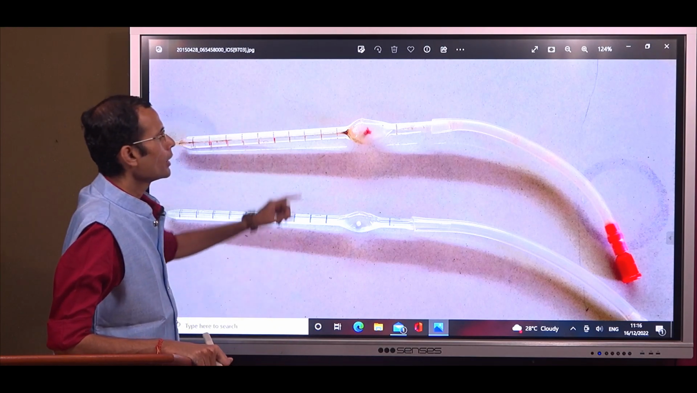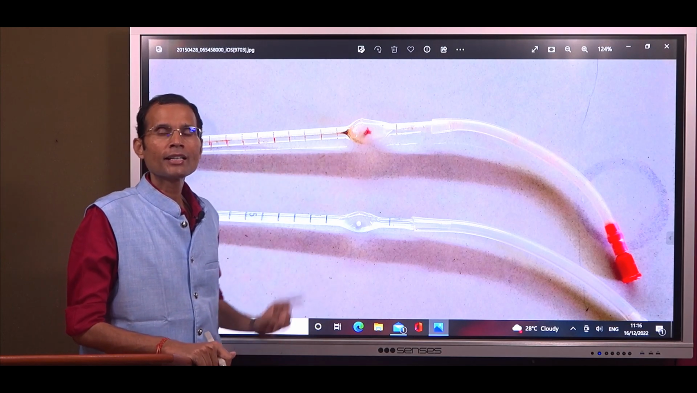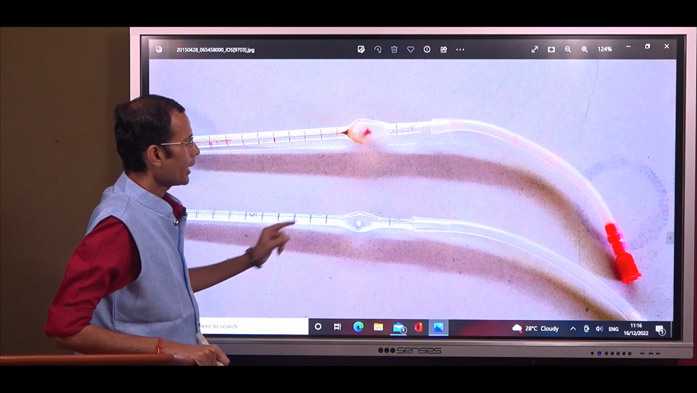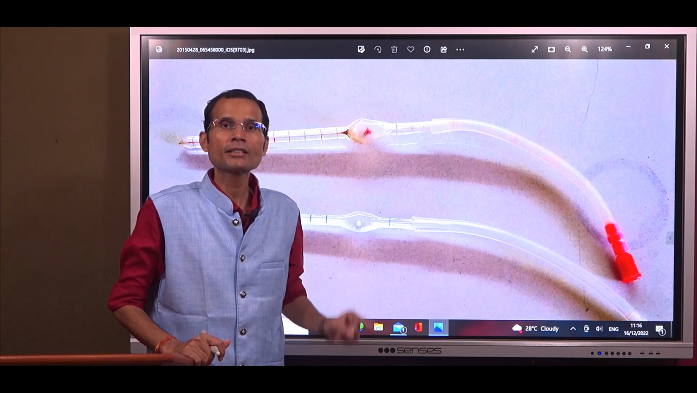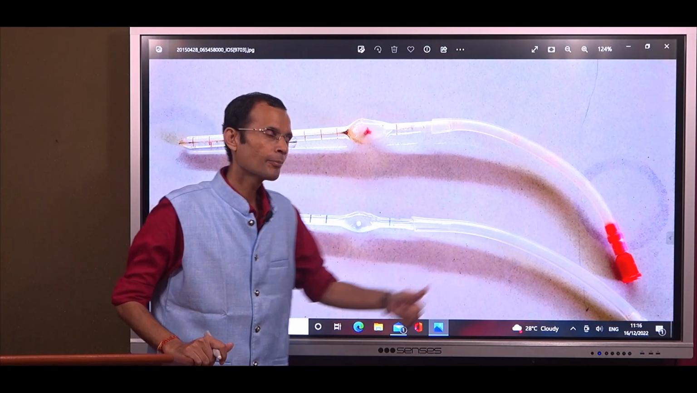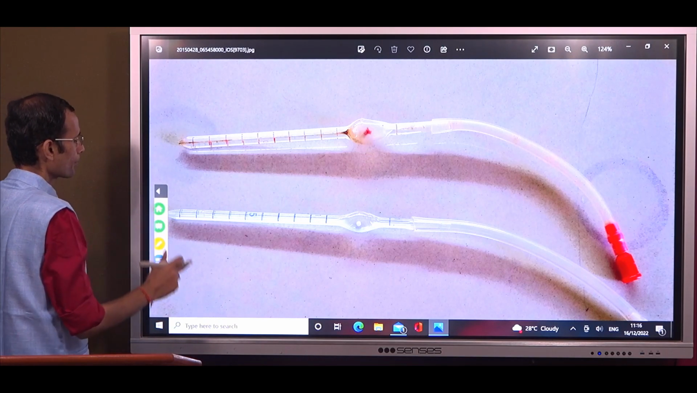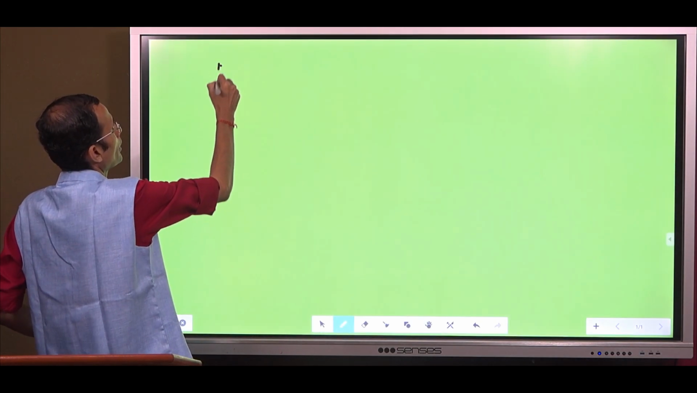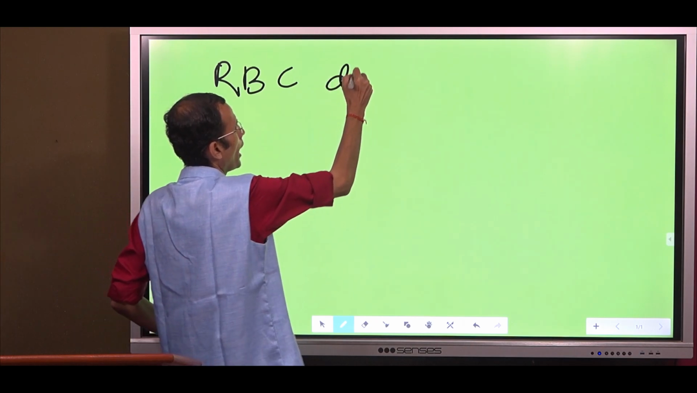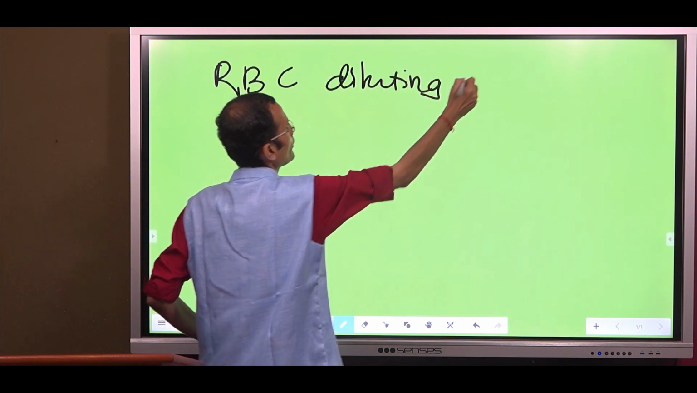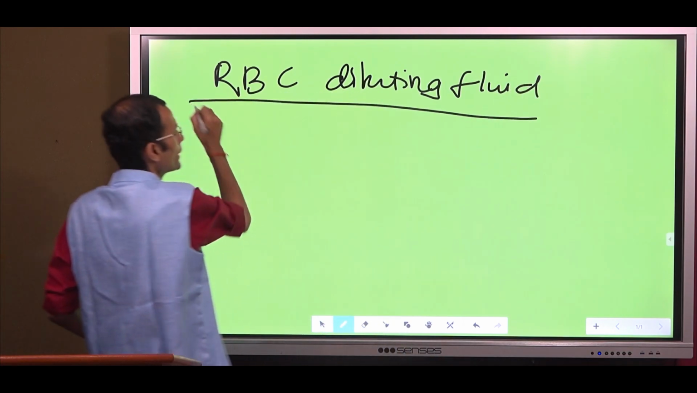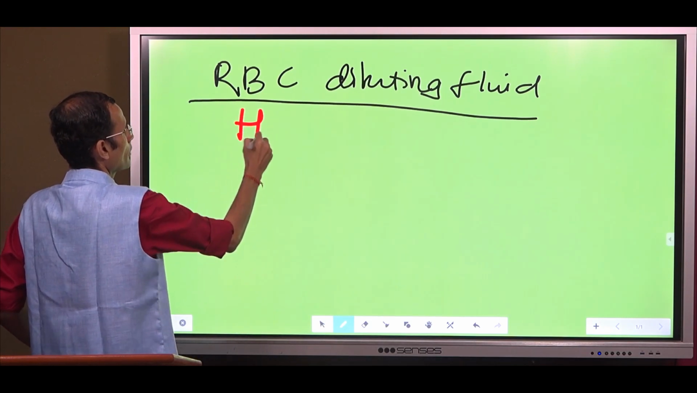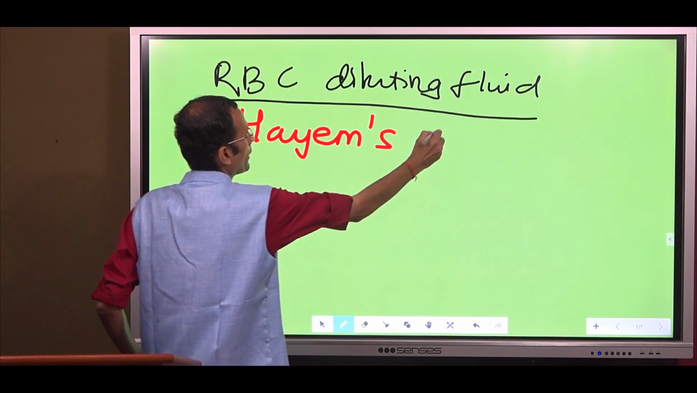First of all, the RBC diluting fluid is called Hayem's fluid. And the WBC diluting fluid is called Turk's fluid. So, Hayem's fluid, Turk's fluid. Let's see the contents of the diluting fluid. In the case of the RBC diluting fluid, it's called Hayem's fluid, as I mentioned almost thrice now. And the contents: